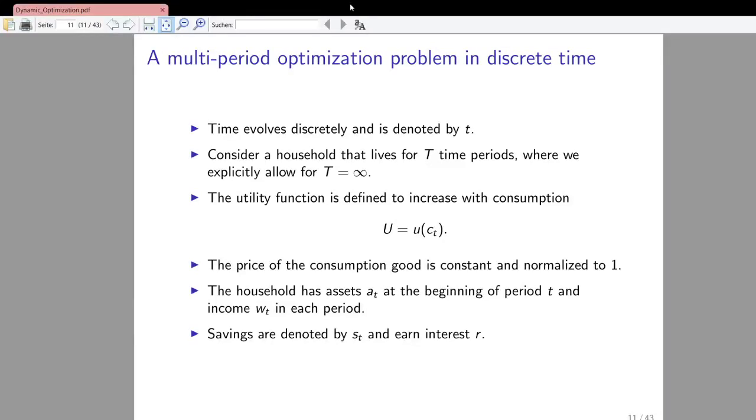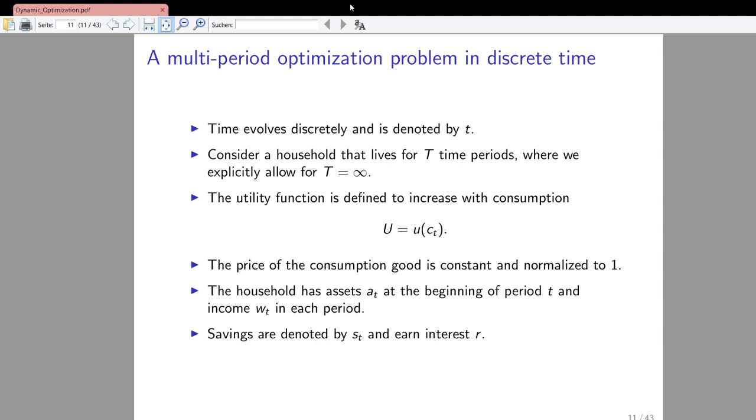Now we start optimization with an example in discrete time. So we assume time evolves discretely and is denoted by t. And we consider a household that lives for uppercase T time periods. And basically uppercase T would be the time point when the household ceases to exist. And we explicitly allow for uppercase T to be infinity, so for an infinite duration of the household's life, which can